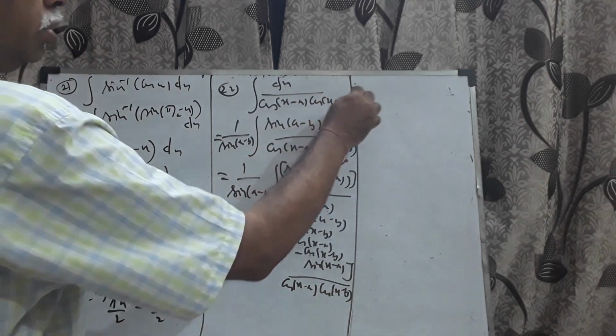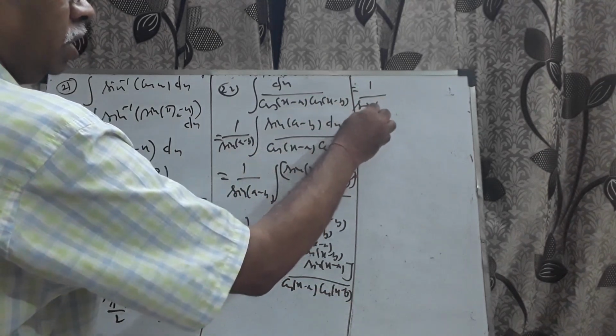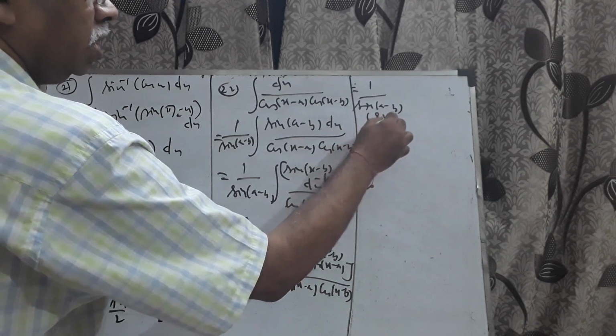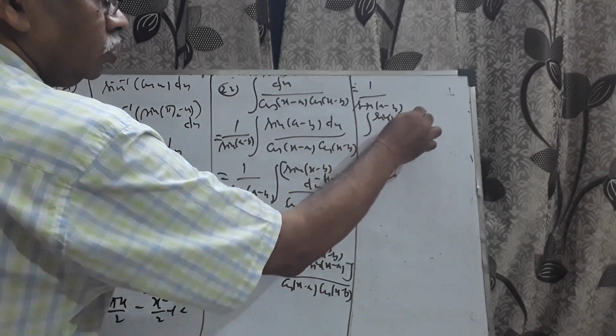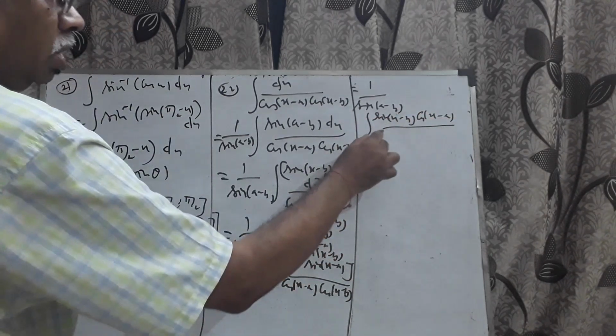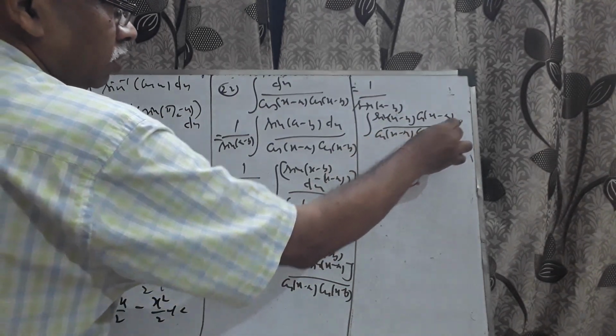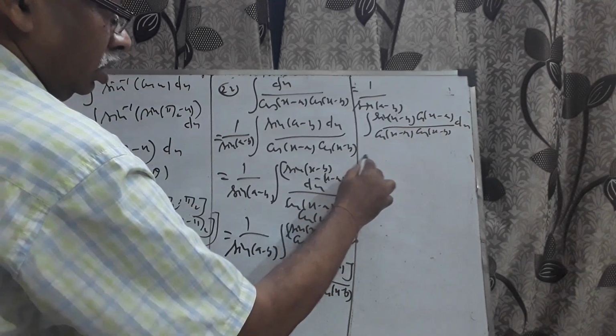Let me make it into two integrals. 1 by sin (a minus b) integral sin (x minus b) into cos (x minus a) by cos (x minus a) into cos (x minus b) dx minus